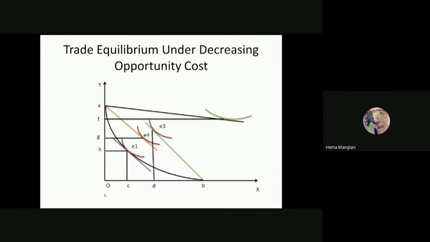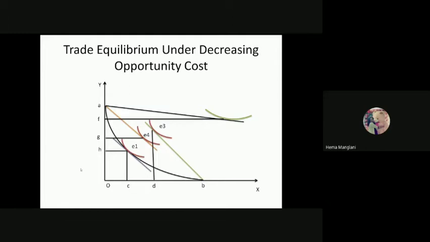It means if a producer chooses to produce more of X and at the same time has to reduce the resources from the other commodity, then it is always a good decision because the MRS is declining over here. Okay, now what does this basically reveal: complete specialization or incomplete specialization? When we produce both of the goods, we call it incomplete specialization. But the convexity and the decreasing opportunity cost always give us a path to proceed for complete specialization.